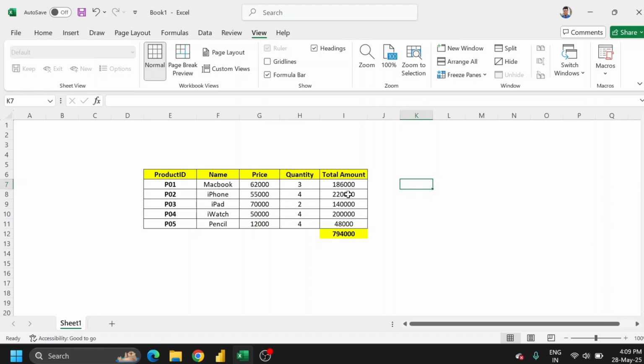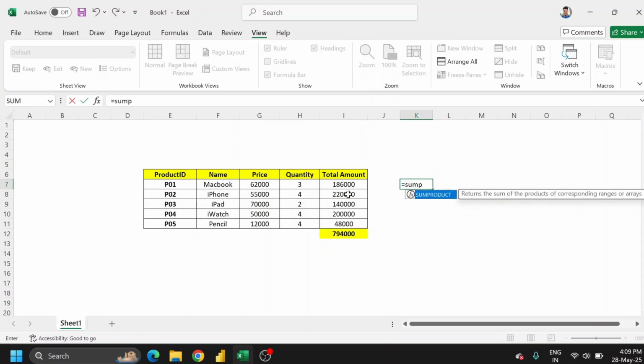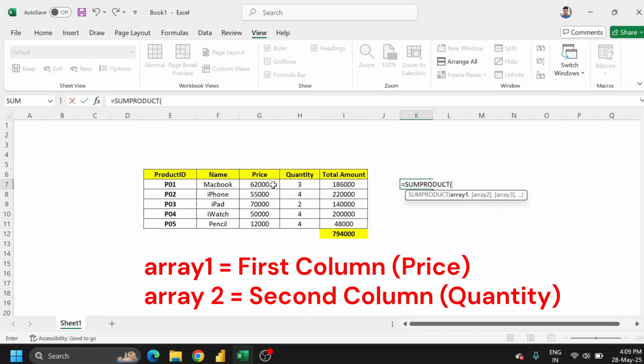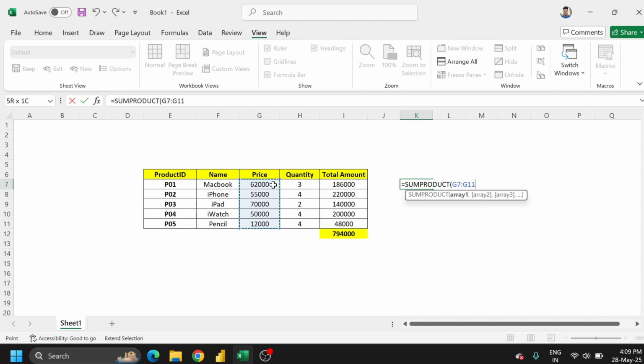So we have a formula that is equal to SUMPRODUCT. Okay, SUMPRODUCT. So SUMPRODUCT is asking for array 1. So array 1 is nothing but the array. Okay, so I'm giving here price, comma, array 2. Array 2 is quantity. Okay,